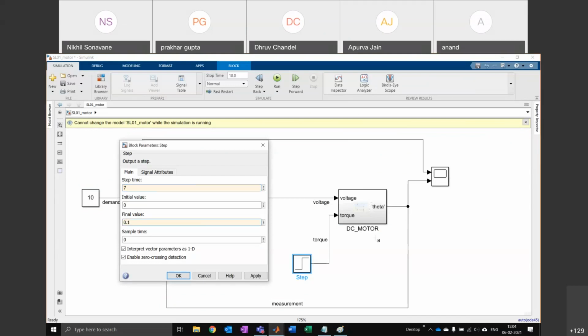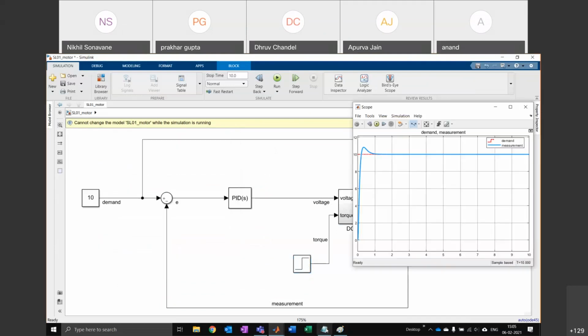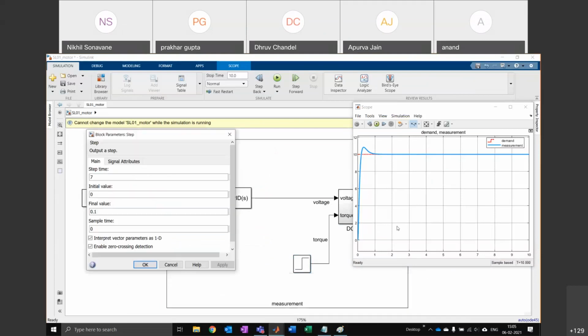It's a very large disturbance. So what is going to happen is it's going to pull my motor down very strongly. But what you'll see is the controller will be able to adjust and it will pull the value back up.